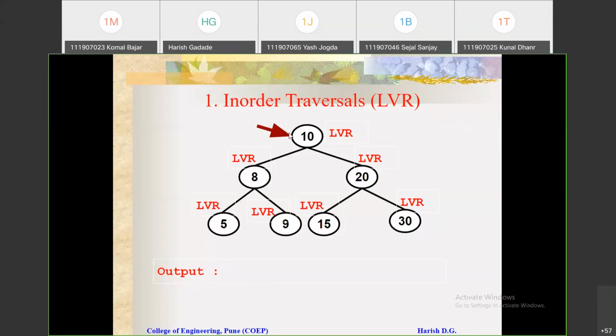So now start from this root. At this node, you need to apply these three steps. The first step is to move towards left. So we move towards left. Now the pointer is here.